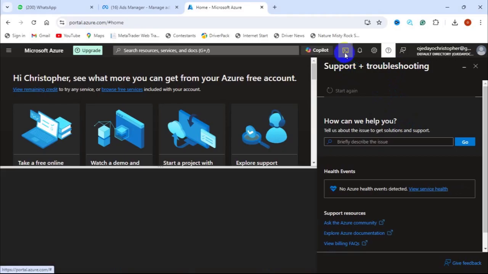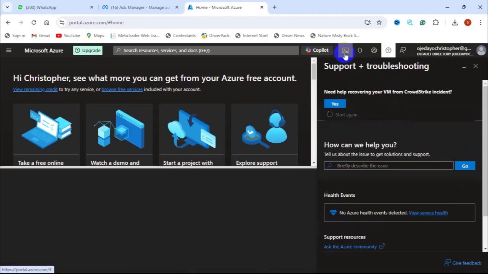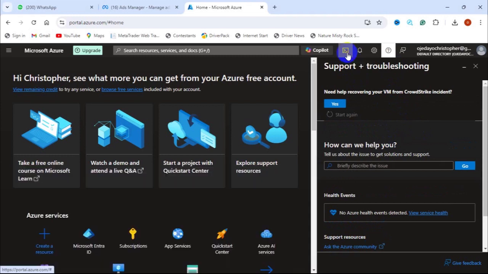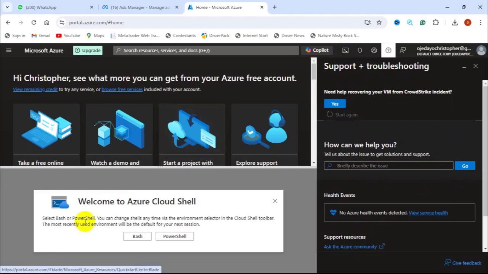And this is Cloud Shell. It's like this CMD. I think that's what we call CMD. See, welcome to Azure Cloud Shell. So